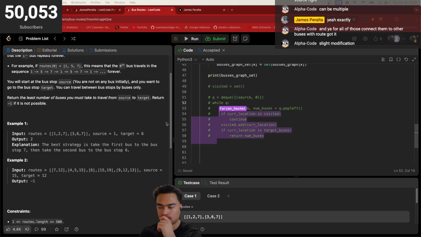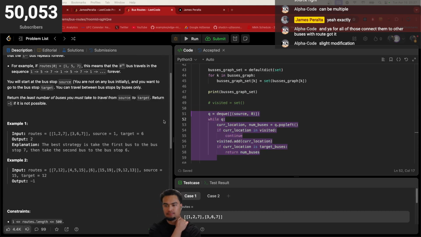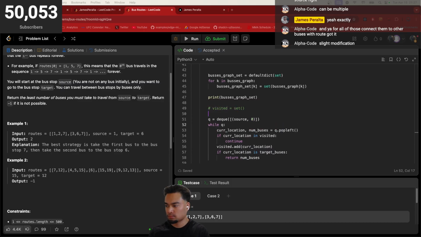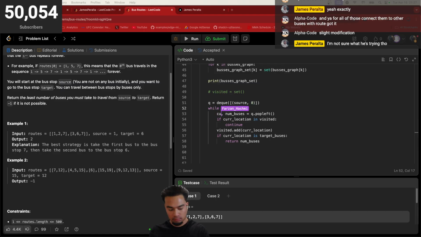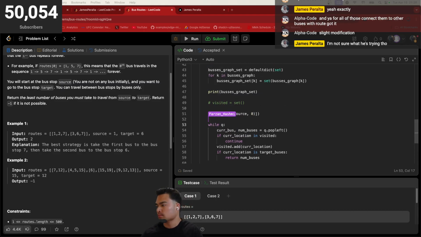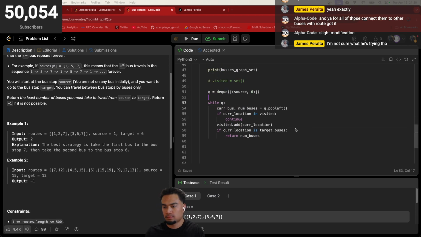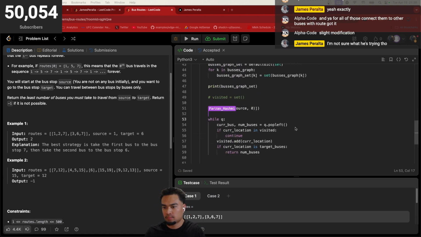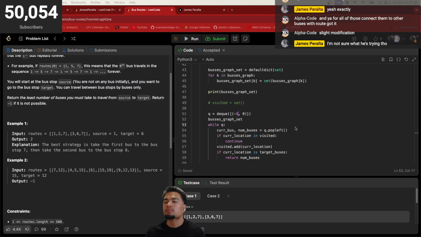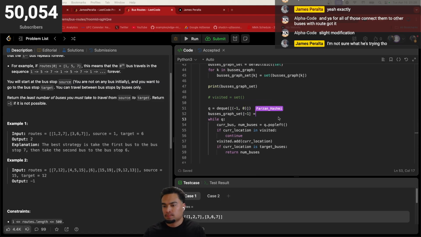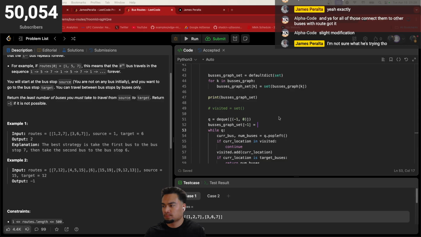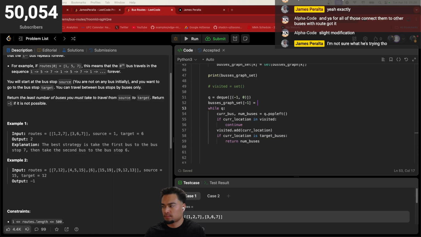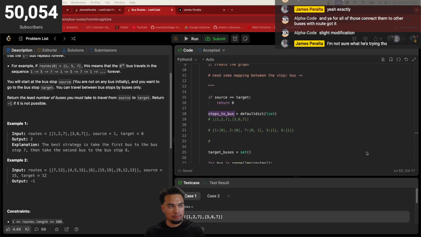Yeah, so again, we can just do source. This is going to be like our current location. And over here, this can be our current bus, so to speak. So we can instead do cur bus. And what we can do is create a manual mapping here. So we can just do, for instance, buses graph set. This shouldn't be source, it'd be the source bus, but we can manually set this to be our actual, it won't be our hash map, it'd be stops to bus,